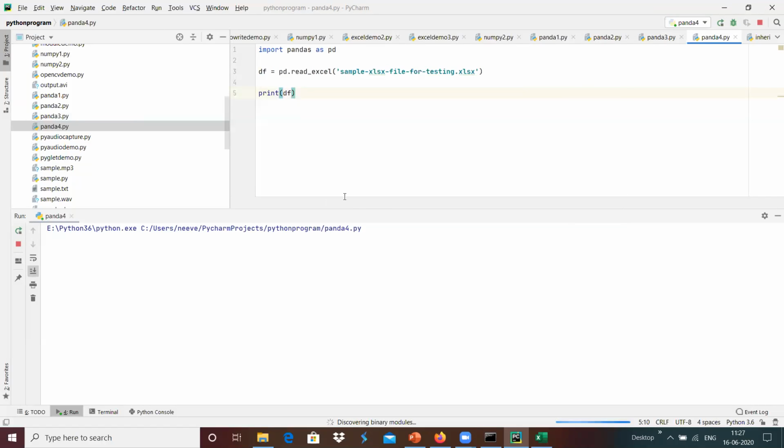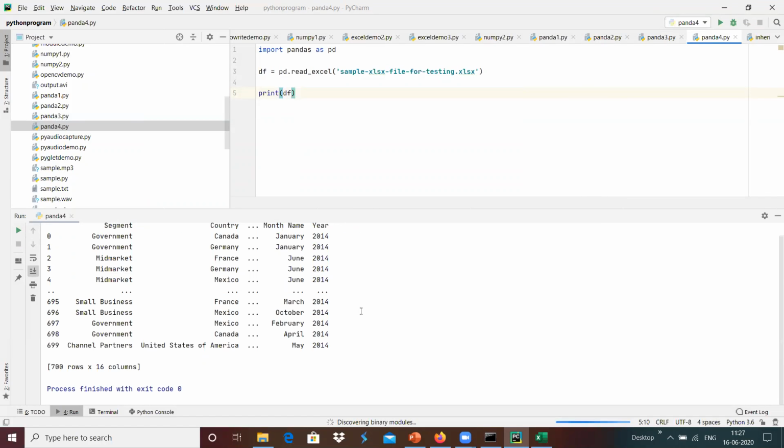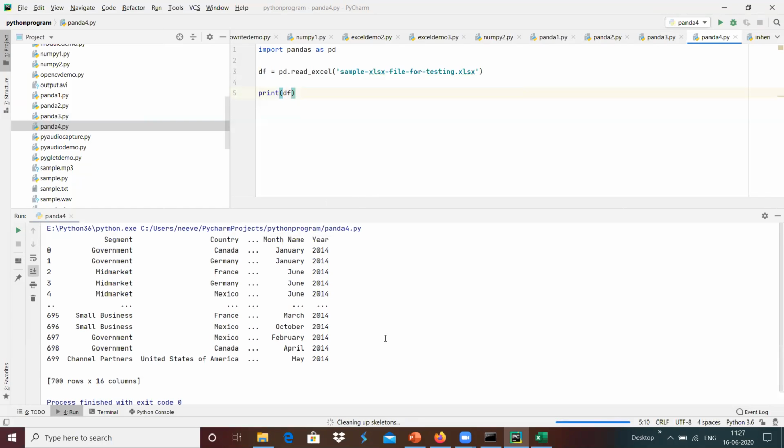I think it's loading. Yeah, it loaded, and it has been completely done, loading all the data into the data frame over here with a simple pd dot read excel, and we get the title, segment, country, month, name, and years.